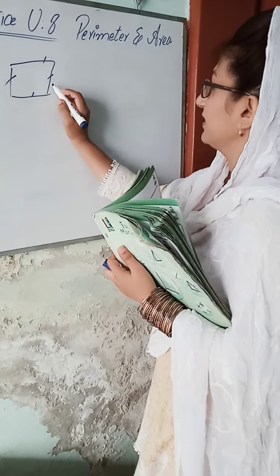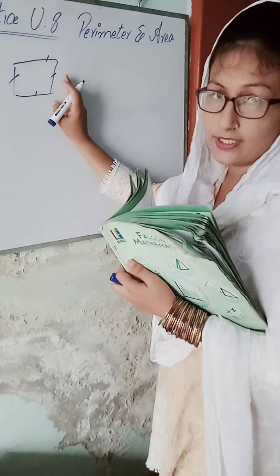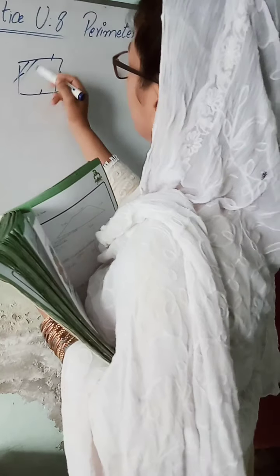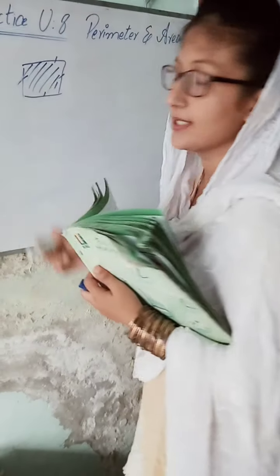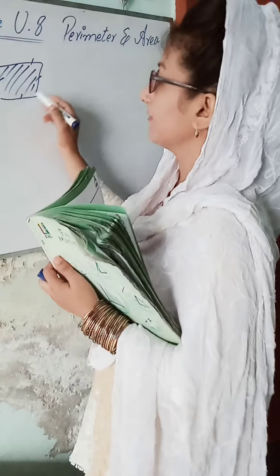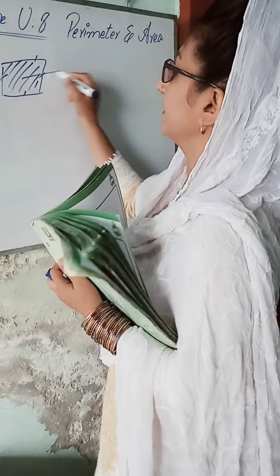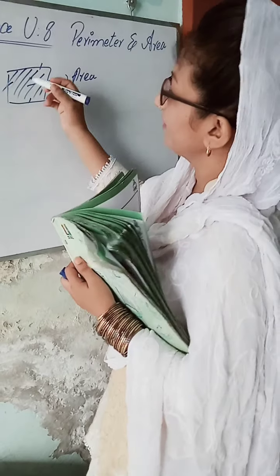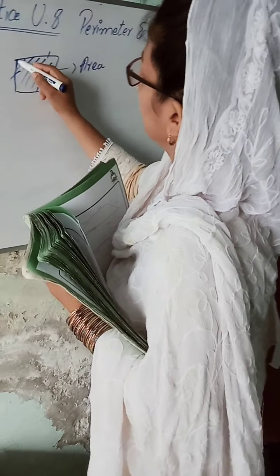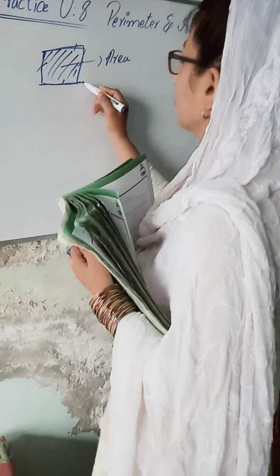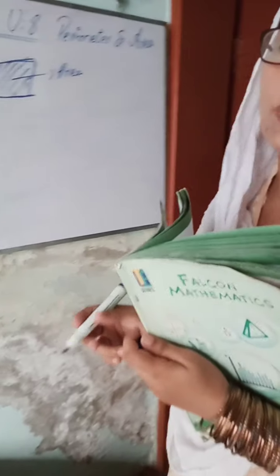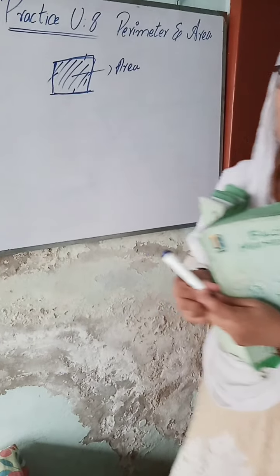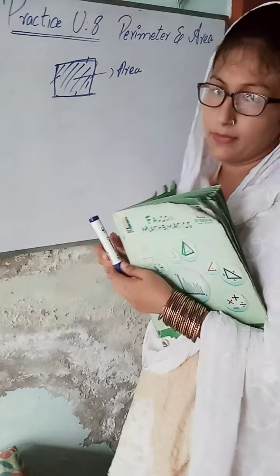If we want to find out the area of this shape, we will have to find out the middle region of these 4 boundaries. If we find the space inside these 4 boundaries, it is called an area. But if we want to find out the perimeter, we will find out the complete measurement of these borders. So the outermost borders of a shape, if we add them and it gives the answer of some measurement, then it is called a perimeter.